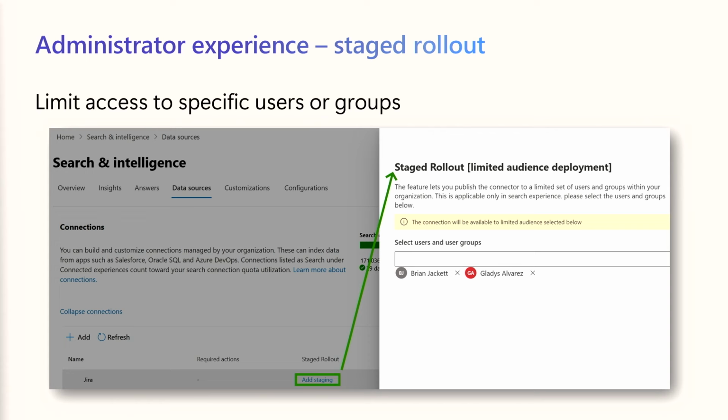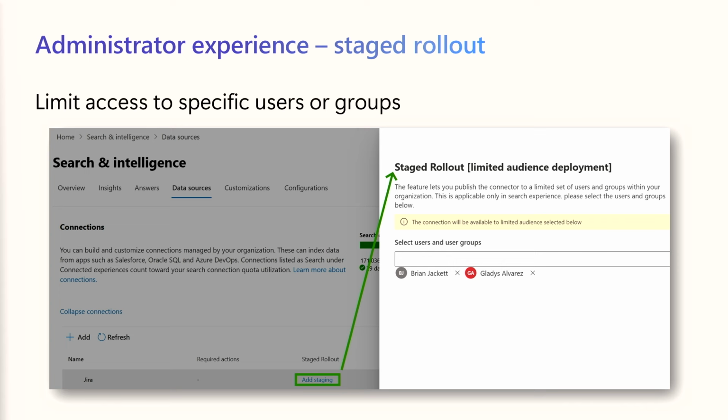This is a really cool feature that we deployed, I think it was last November or so. Let's say you've got a data source that you want to hook up to, but you don't want everybody in the tenant to be able to see that data. The way Graph Connectors work is literally a tenant-wide kind of deployment. So do you want everyone going to your ServiceNow articles, your Jira tickets, your GitHub issues, or whatever else